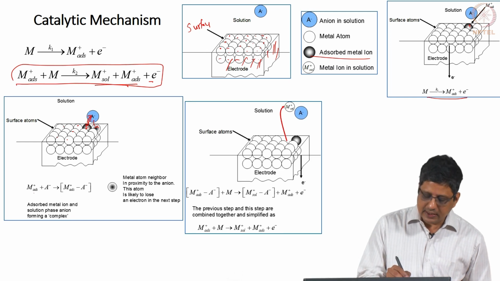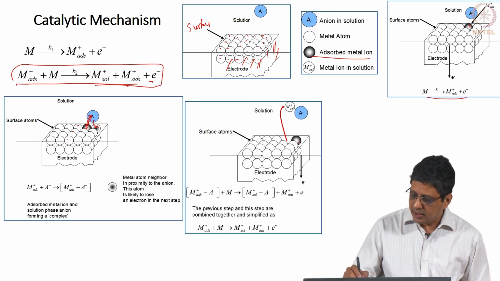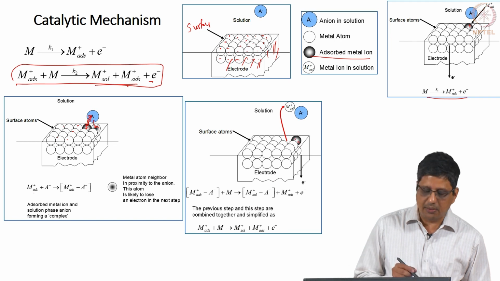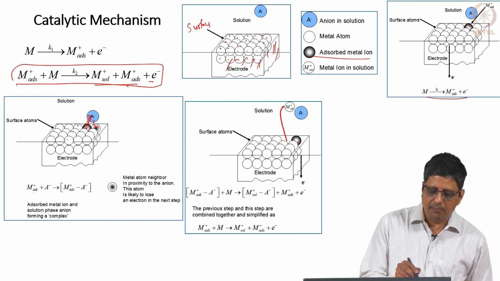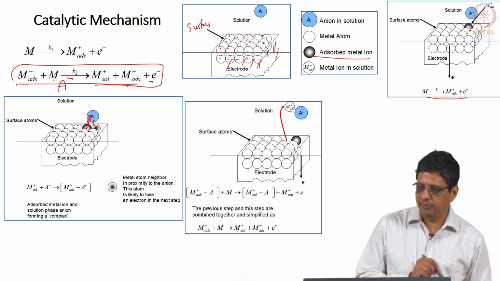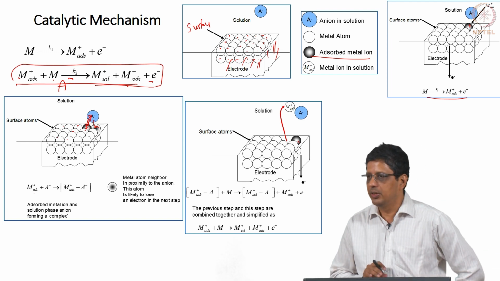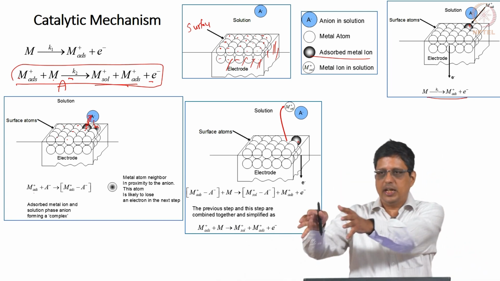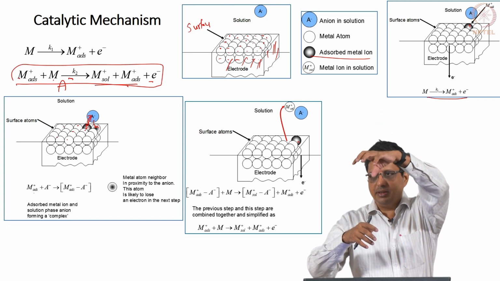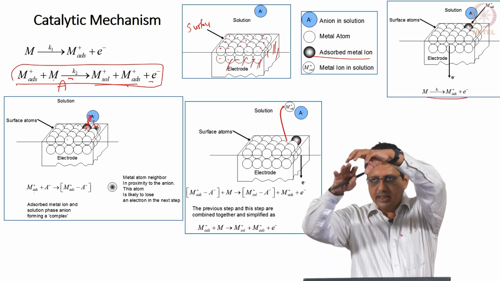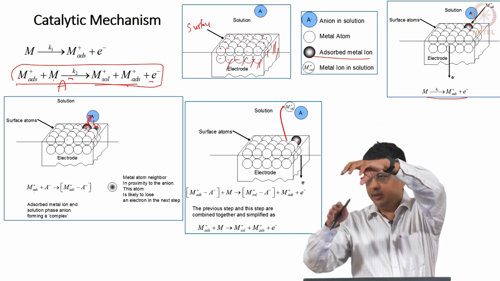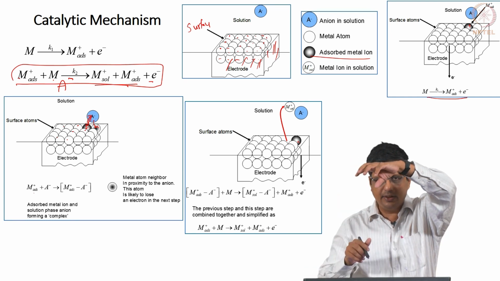So, what happens is this loses an electron and this becomes M adsorbed. So, M adsorbed plus M in presence of anion, the anion does not really come and sit on the surface and block for long enough time. We say there is one atom here, one ion here, the anion comes, because it comes close to this, it repels this electron and this electron, the atom loses an electron.